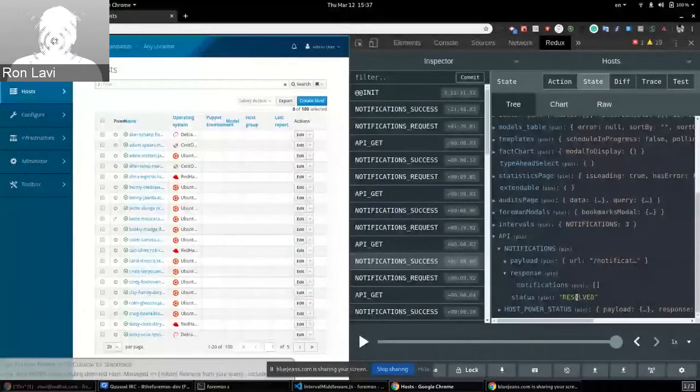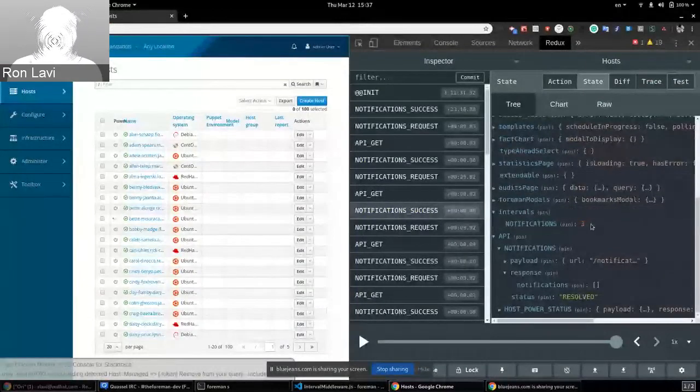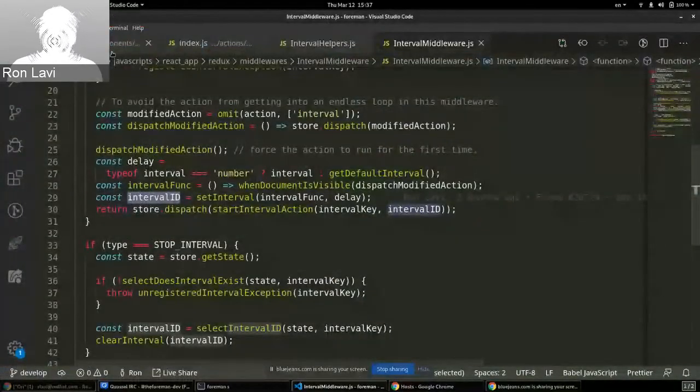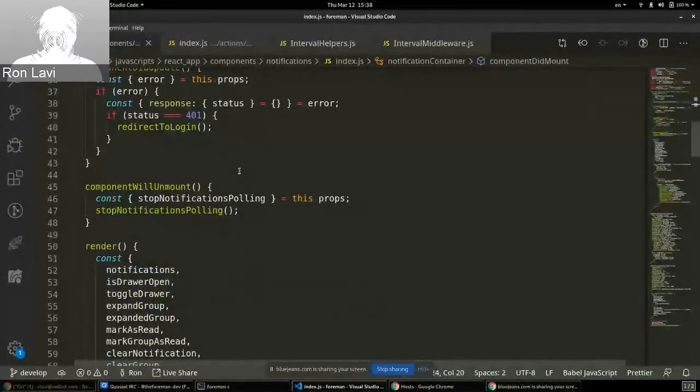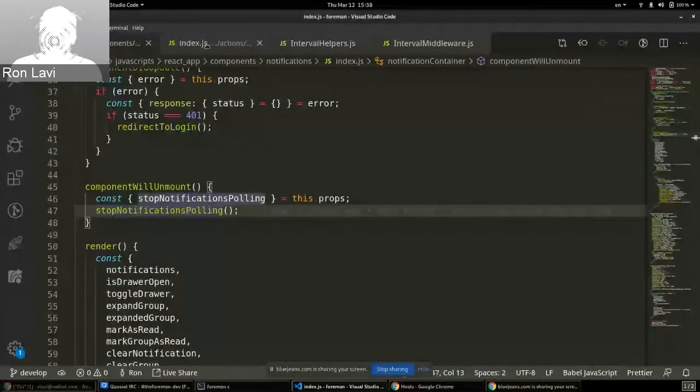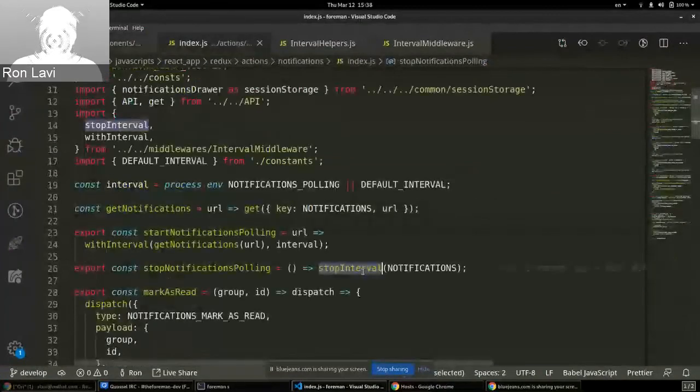So if I want to destroy it from anywhere, I can just click on the Redux store, get the ID, and clear it. But the best way to do it is in the component will unmount, or if you're using useEffect or things like this, just return in the end stopNotificationPolling. Here it's a very simple action. I also use the helper stopInterval with the key. What this stopInterval does,